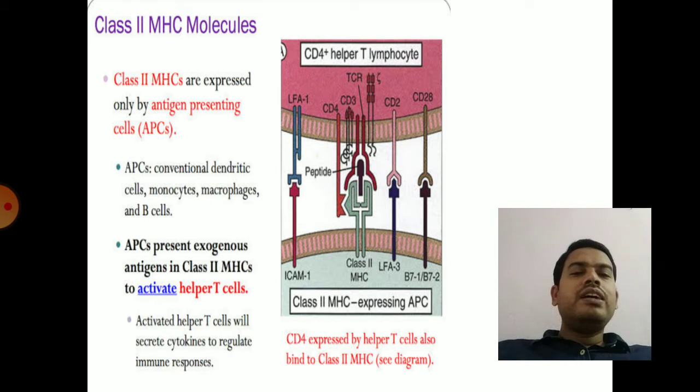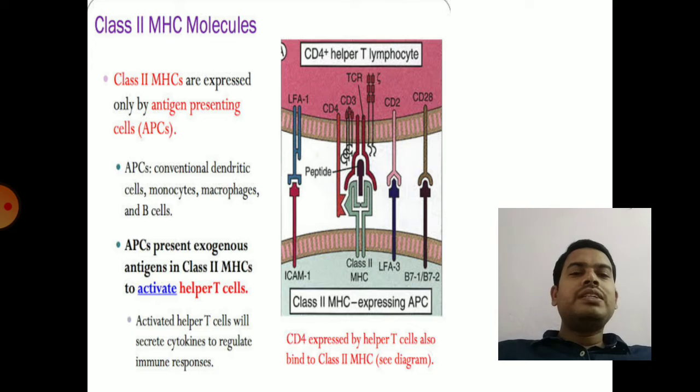So all these are called antigen presenting cells. They will process the antigen and present it to T helper cells. T helper cells have CD2, CD3, CD28 and the TCR receptor, and the special type of receptor present on T helper cells is the CD4 receptor. You can clearly see toll-like receptor, CD3, CD2, CD28. These are common for T cytotoxic cells and T helper cells. The only difference is that T cytotoxic cells contain the CD8 receptor, whereas T helper cells contain the CD4 receptor.